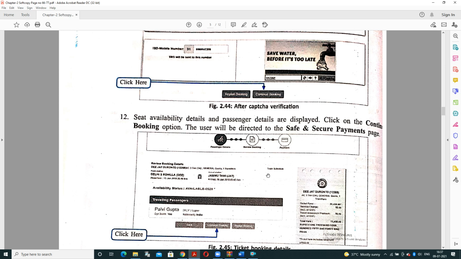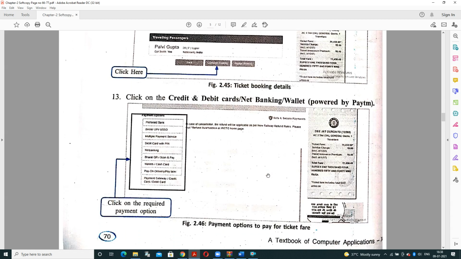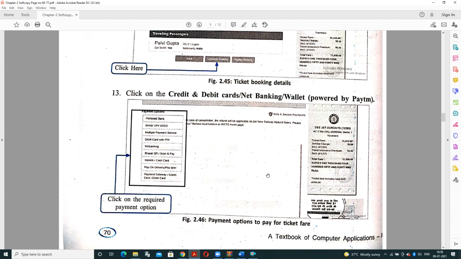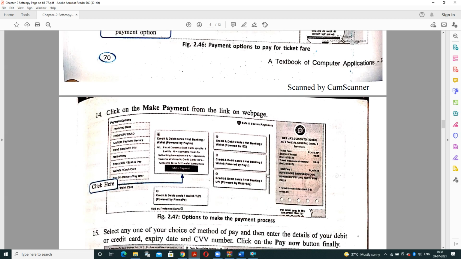For payment transaction, it will move to the secure payment system. Enter your credit card or debit card detail according to your requirement, whether you are using Bhim app, UPI or whatever you are using. Enter the detail of that card, and finally, click on make payment option. And after making payment,